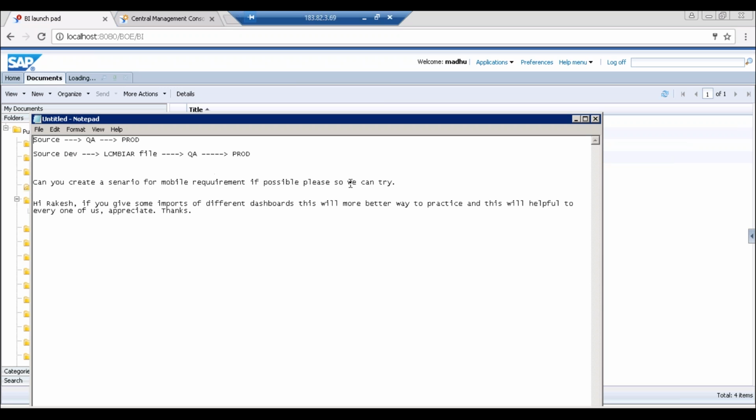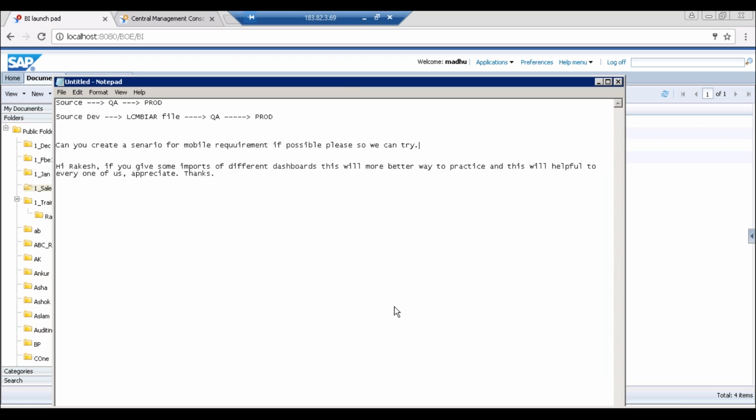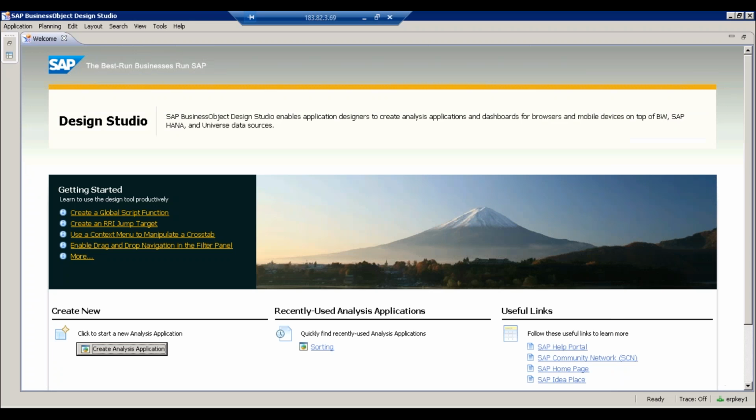Okay, so Krishna, you want to see more of mobile dashboards. This is what you are looking for, right? Any dashboard, you can open on mobile devices. But if the end user says they'll be seeing the dashboard mostly on mobile, or you're targeting more than 50% mobile devices, you create your dashboard in such a way that